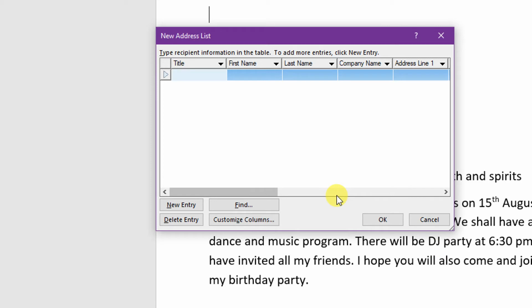Here you will type all the addresses of the recipients. It comprises title, first name, last name, company name. You can also leave some of the fields, no need to fill all the fields. So here you will type your address list. So we will start typing our address list.